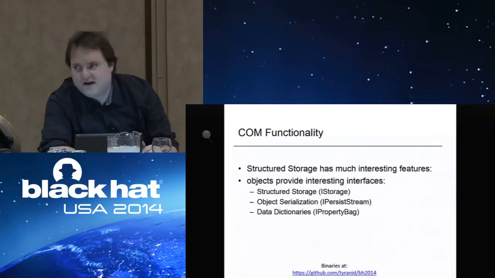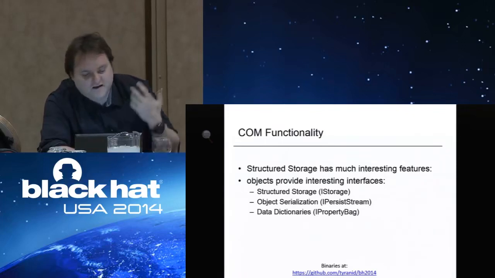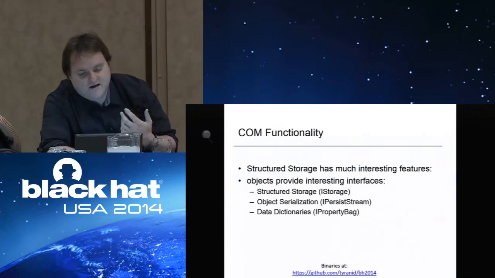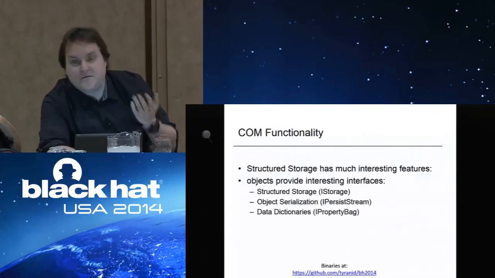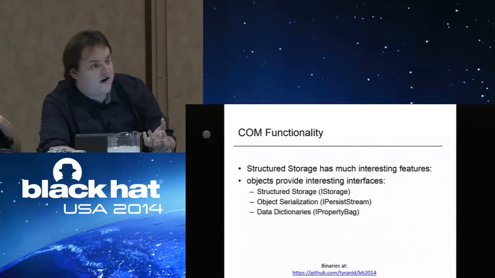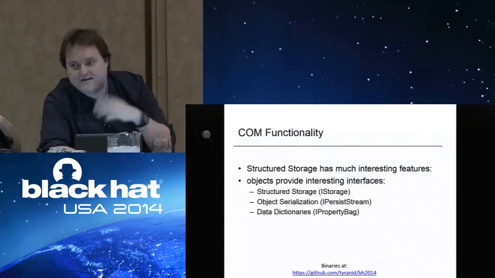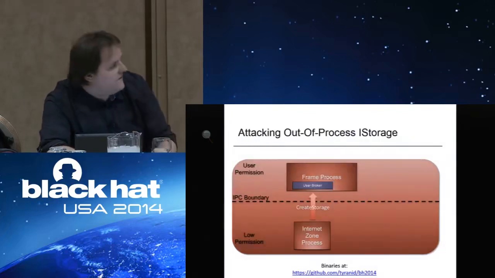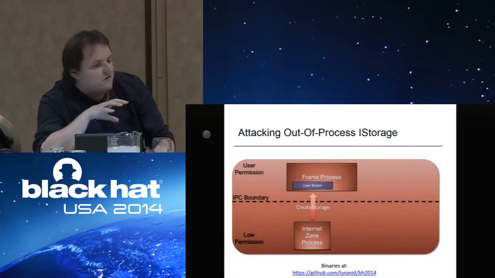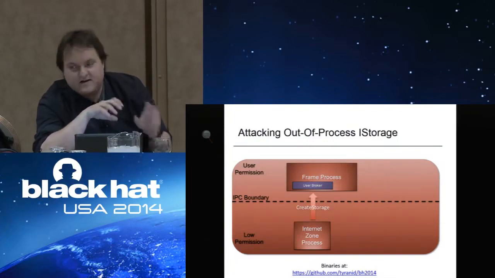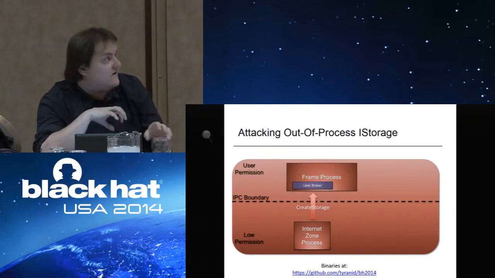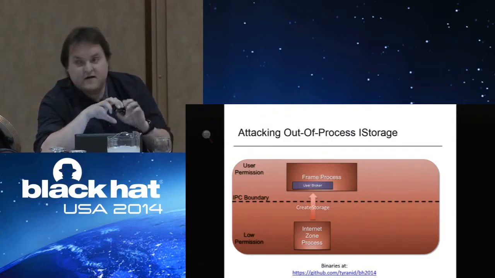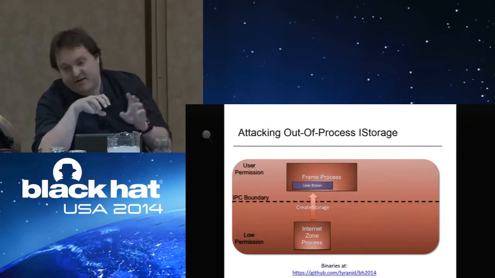And this got me thinking, what if I could exploit this mechanism? Could I effectively push an object up to the medium level process, a COM object, and get it serialized so that when I read it back, it actually didn't exist in my process anymore. It actually now existed in the higher level process. So after playing around for a bit, I found a way of doing that. This particular attack works like this. And if you can find something which has a similar asymmetry in the way in which it's doing things like serialization,